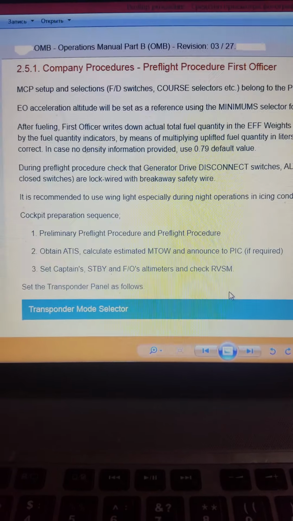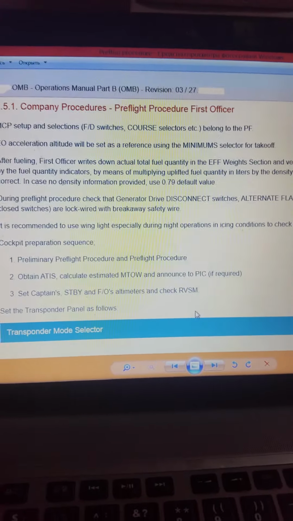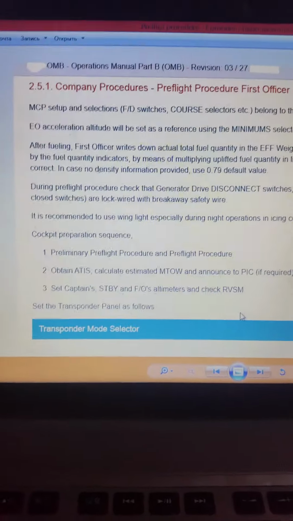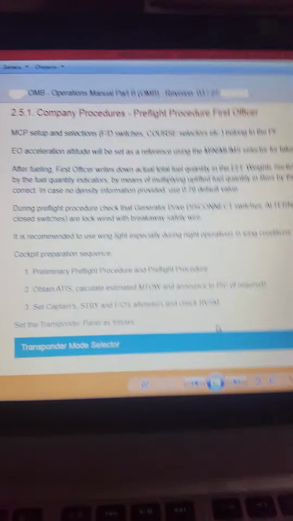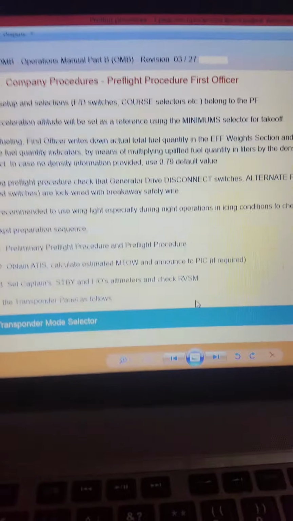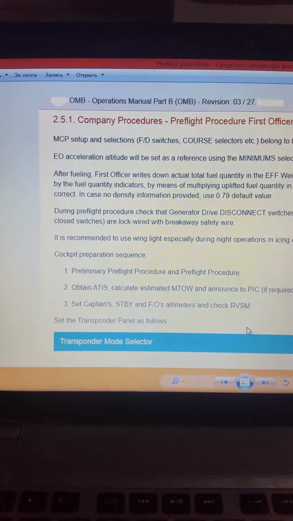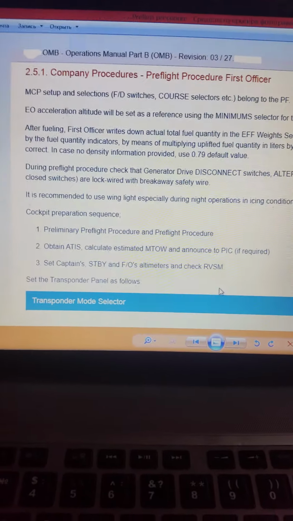Normal procedure means it is done on a daily basis, and normal procedures are done by reference to memory, by recall. So basically these things should be known by heart. However, there are procedures that are not done on a daily basis, and these are called supplementary procedures. One such supplementary procedure is, for example,